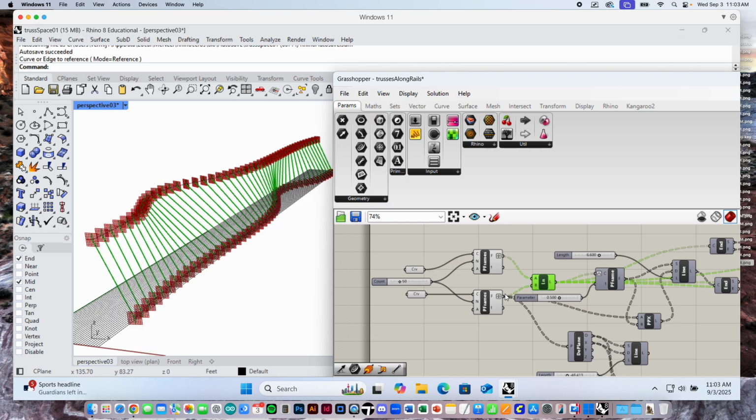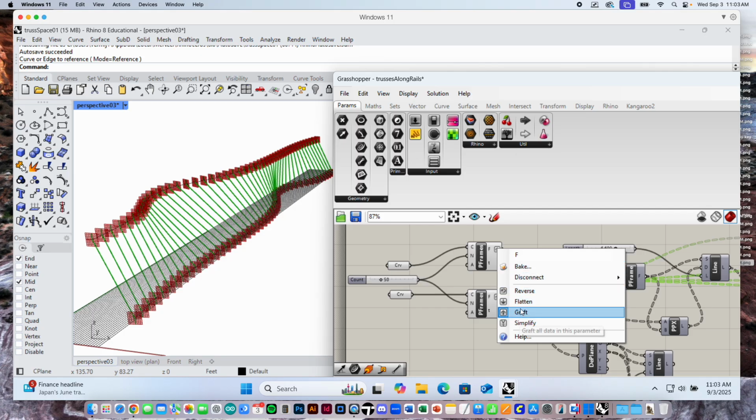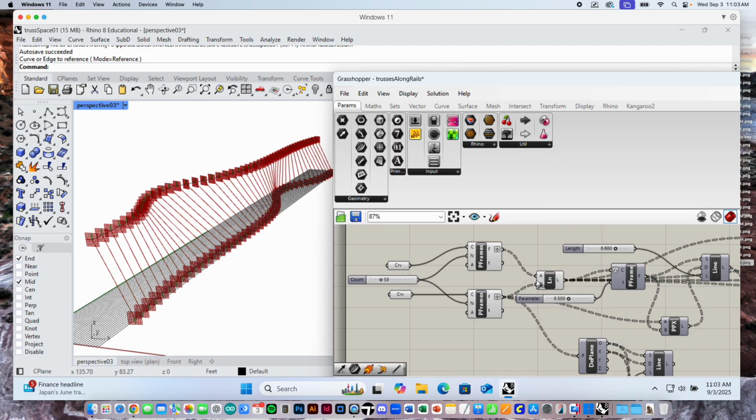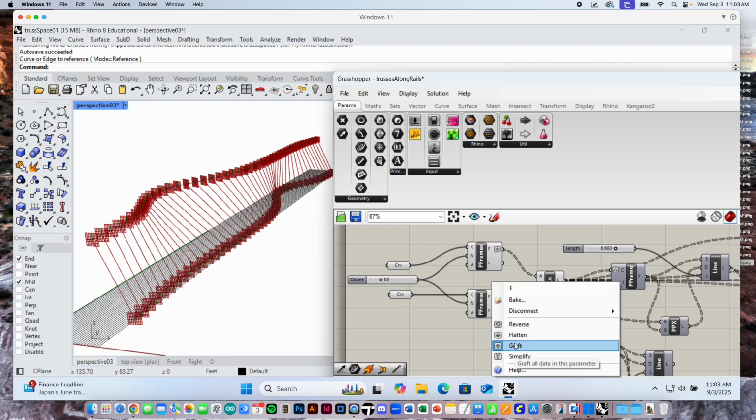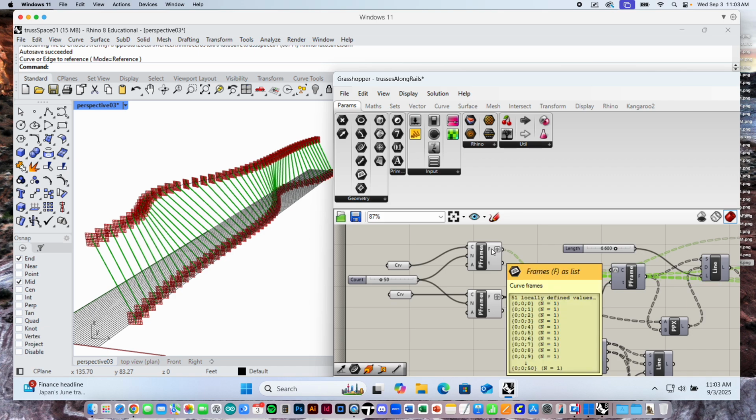A list of, they're actually a data tree. I grafted them right here. I right-click and say graft, and that turns them into a data tree. You can see that the rubber bands are there, right? So you see how they have this up arrow, and I've grafted it into a data tree, right-click, and graft the output. Now suddenly I have a data tree of lines,